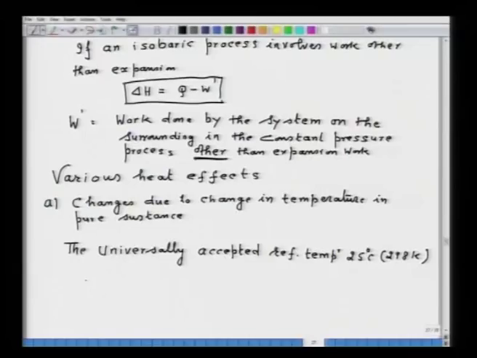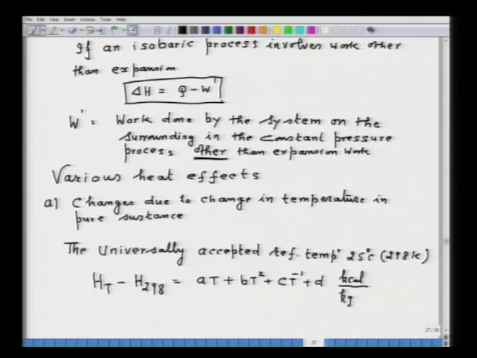So, the values are listed in the table by using the following formula, that is Ht minus H298, that is equal to At plus Bt square plus Ct to the power minus 1 plus D, and the units are kilocalorie per kg mole, which is also equal to calorie per mole,